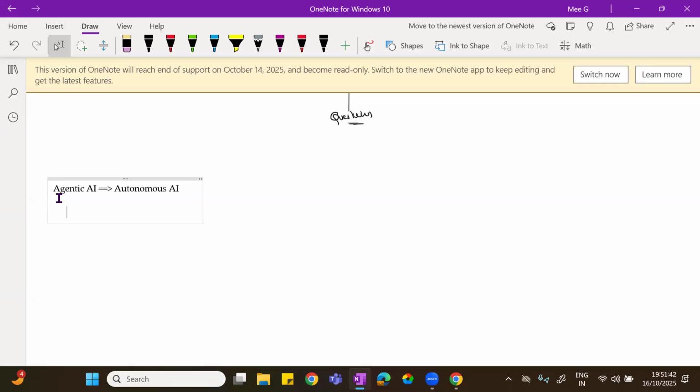You can take it as a class of artificial intelligence systems that are specially designed to exhibit a very high level of autonomy.